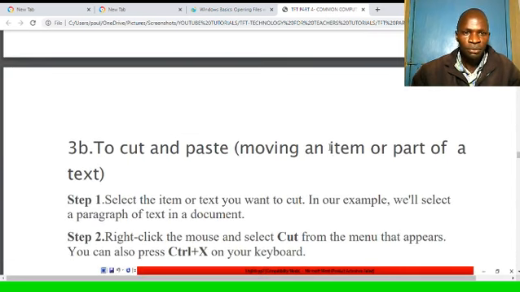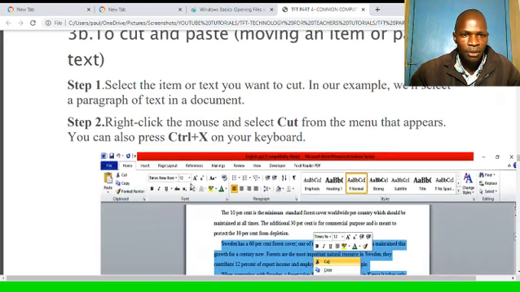Sometimes you may want to move an item from one part to another. Then you will do what is called cut and paste. To cut and paste, that is moving an item or part of a text. Step 1, select the item or text you want to cut.